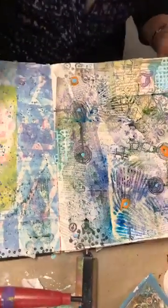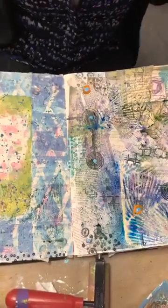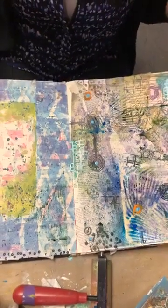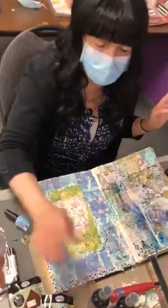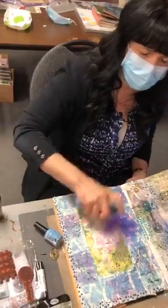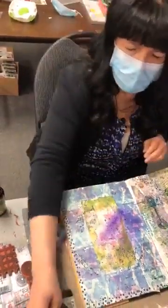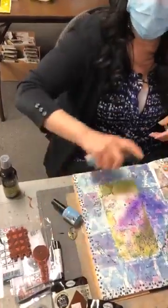All right. So, again, there's no focal point for this. I probably will never get to a focal point. I will probably just do a background. But I wanted to show you his sprays, which I'm going to spray again over here a little. Okay, so the trick of not getting too much of a puddle is trying to move your hand as you